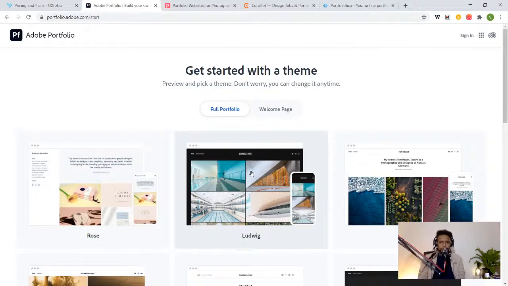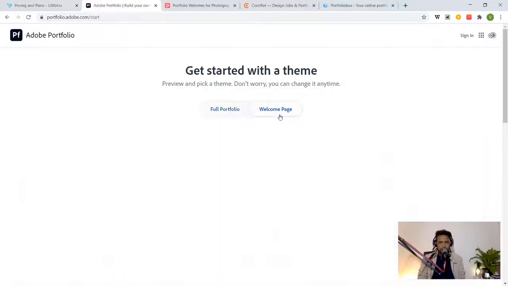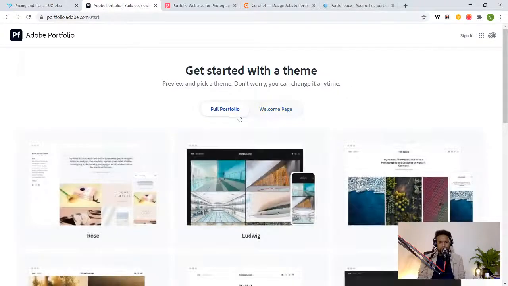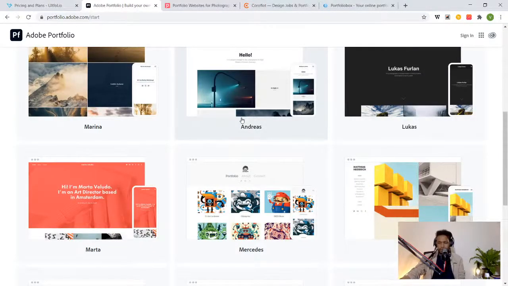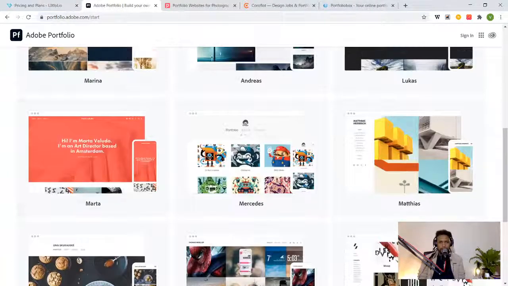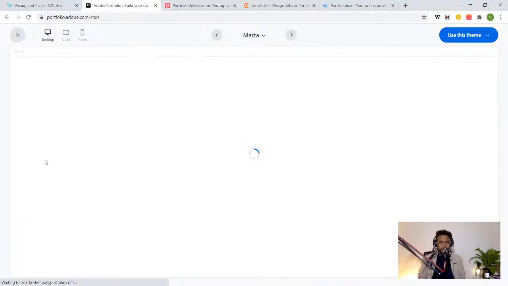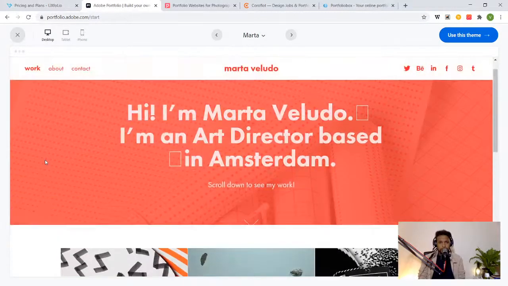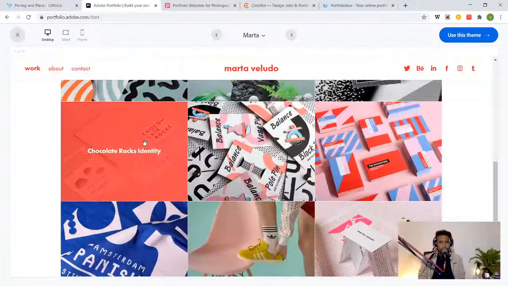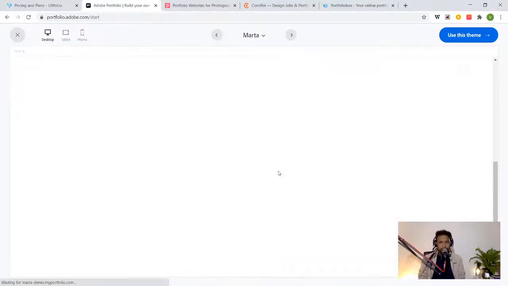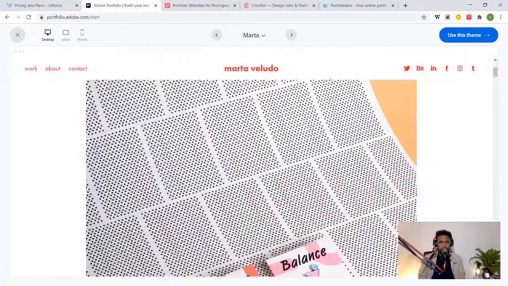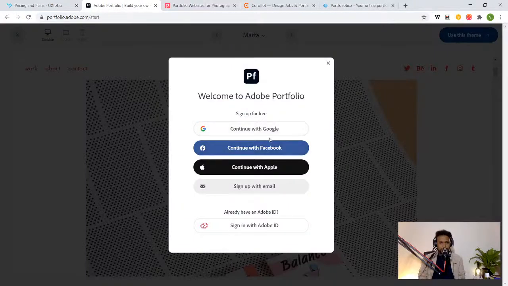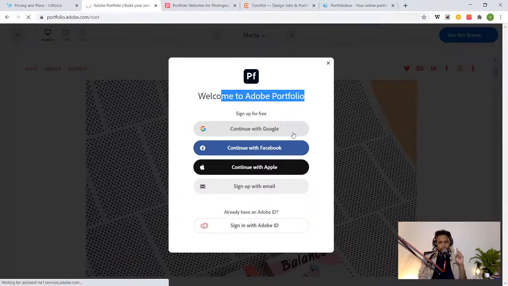All right, so let's see. Get started with a theme, welcome page. All right, see some of the themes that they have here. Mantra. All right, let's see how they look. So again, this looks like a website builder, portfolio builder that helps you lay out your stuff. I wonder if it actually comes with